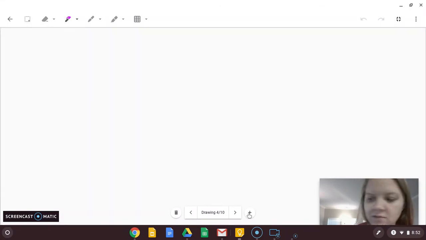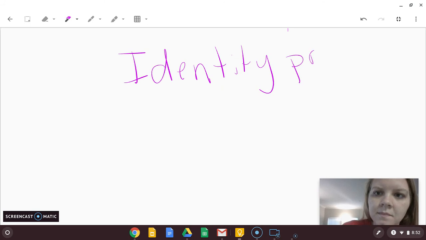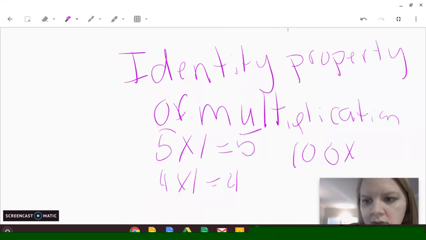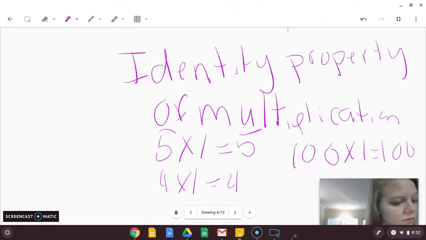And then we have one more, the identity property of multiplication. This one is fun too. All this is saying is anything times 1 is itself. I'll show you what I mean. 5 times 1, that's going to be 5. 4 times 1,